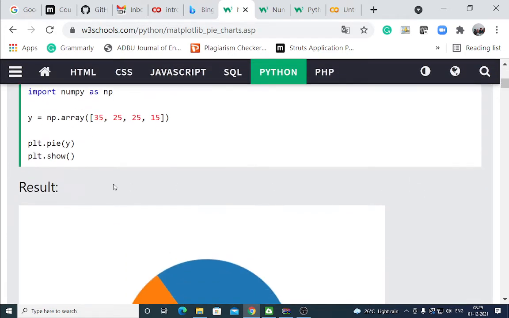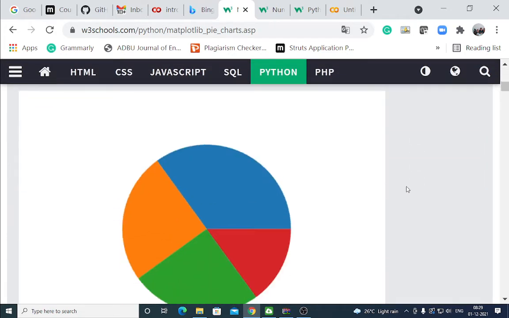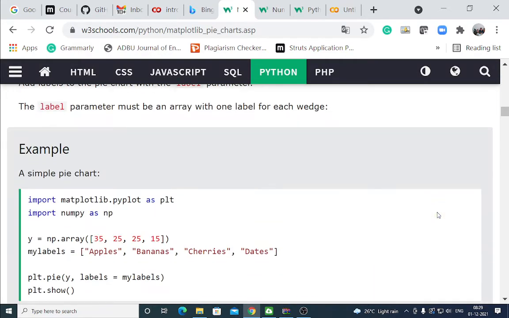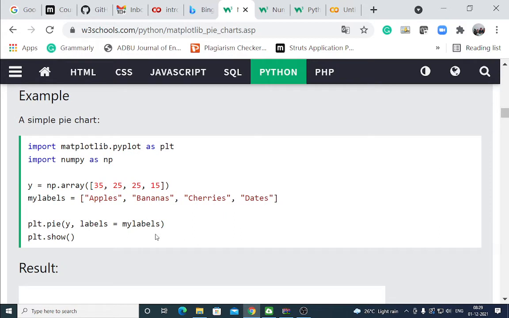Pie charts. Instead of bars, you can use a pie graph. You can use labels.